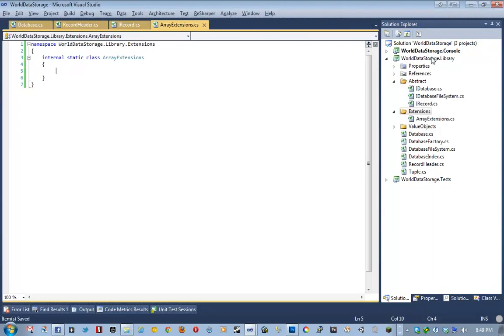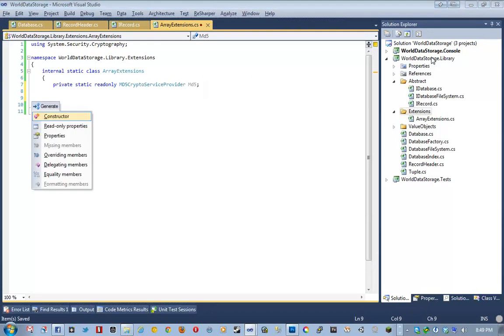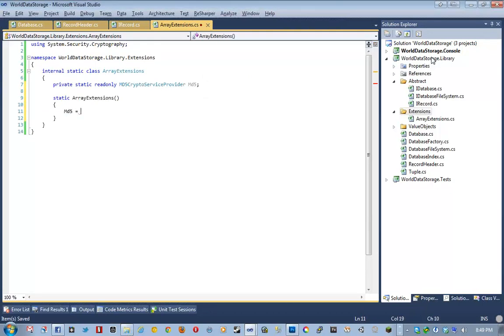And it's going to have a private static readonly MD5 crypto service provider. Maybe if any of you have seen the ASP.NET series, I mean, I hope you guys know